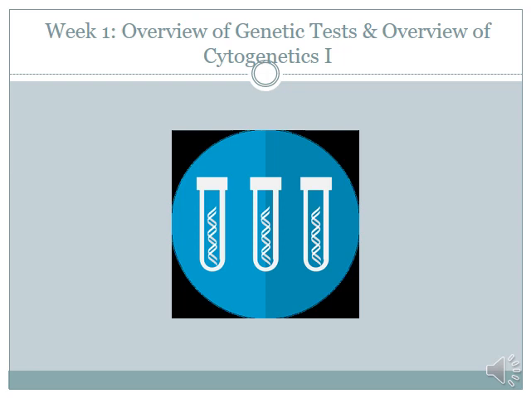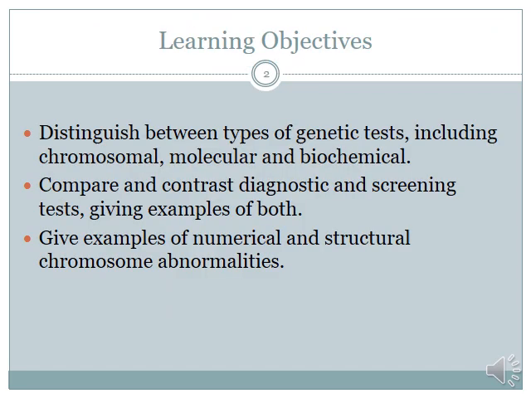This is week 1, overview of genetic tests and overview of cytogenetics 1. The learning objectives are to distinguish between types of genetic tests, including chromosomal, molecular, and biochemical, to compare and contrast diagnostic and screening tests, giving examples of both, to give examples of numerical and structural chromosome abnormalities,